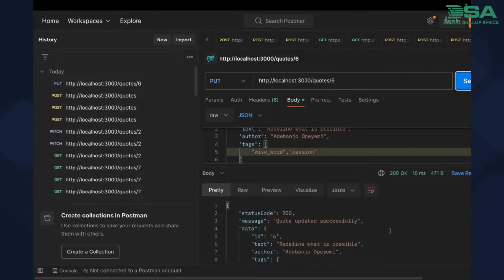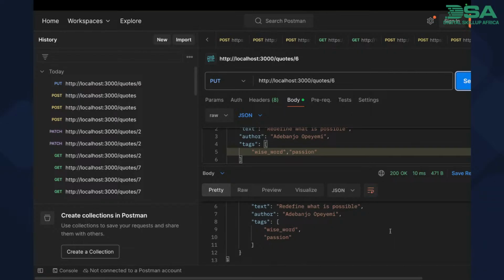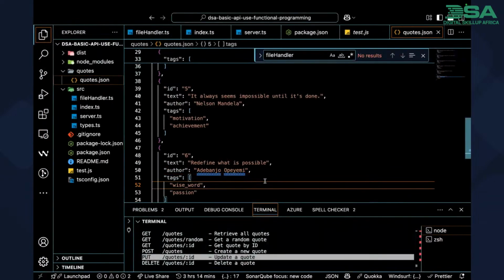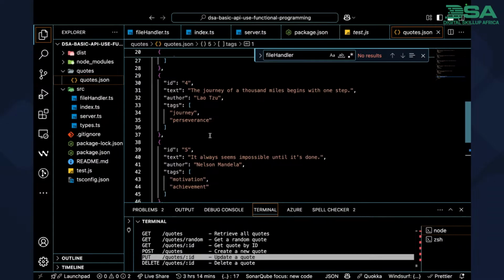Send. What happens? Now we have tag, wise word, and passion. And we're like, oh, okay, let's go back and check our JSON and see. Can you see? It has automatically updated it with wise word and passion tags. We can also say that, oh, no, we don't want wise word. We want it to be like